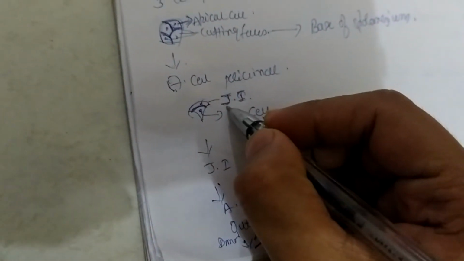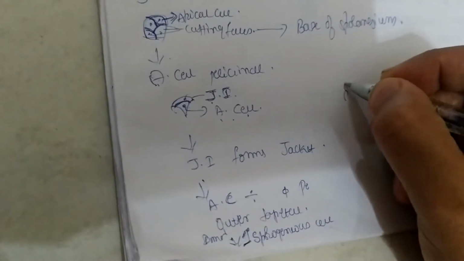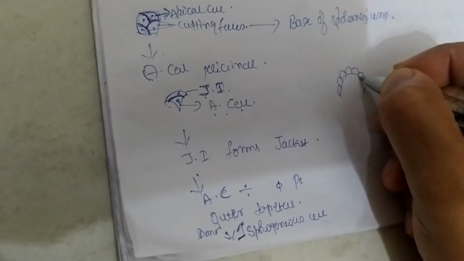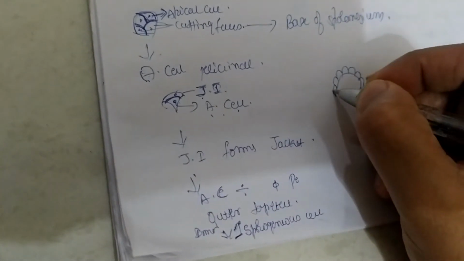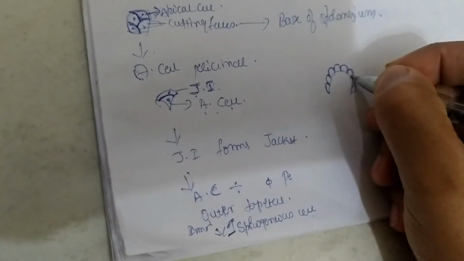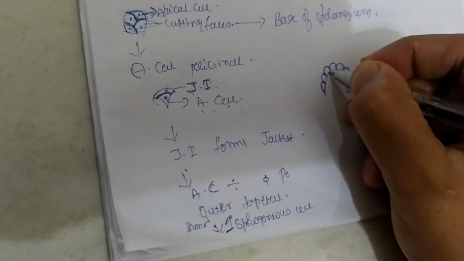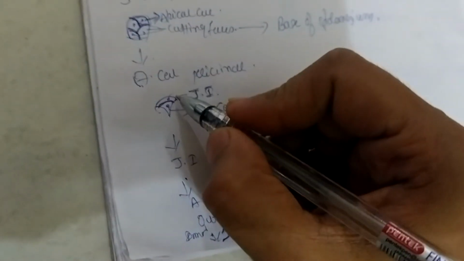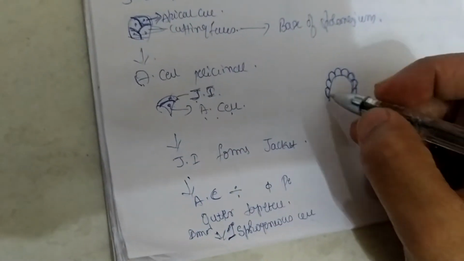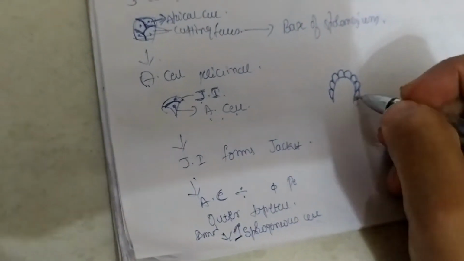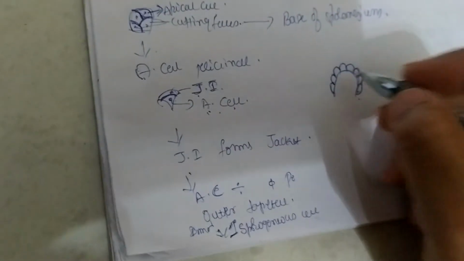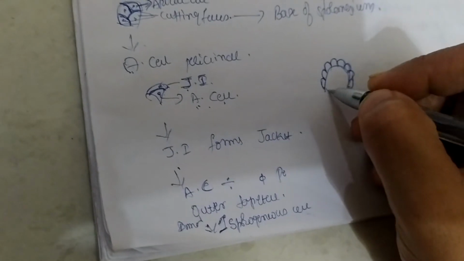Now this jacket initial cell will undergo anticlinal division, leading to formation of a single layer of outermost jacket. The jacket initial cell will undergo further anticlinal division, leading to formation of a single layer of jacket. Whereas the archesporial cell will undergo periclinal division, leading to formation of what is called